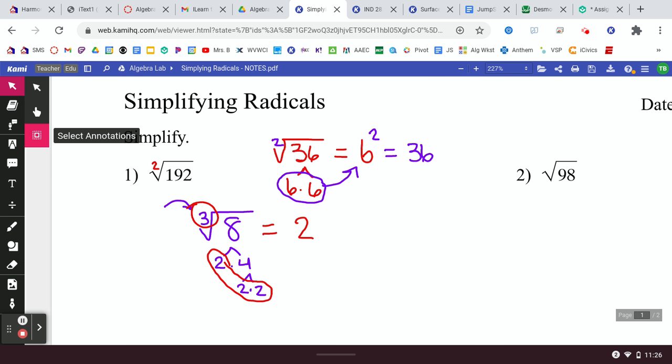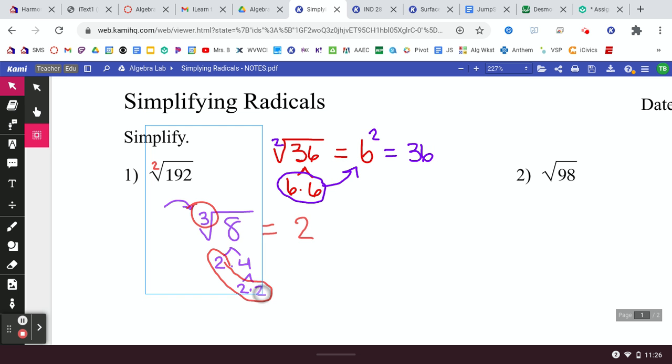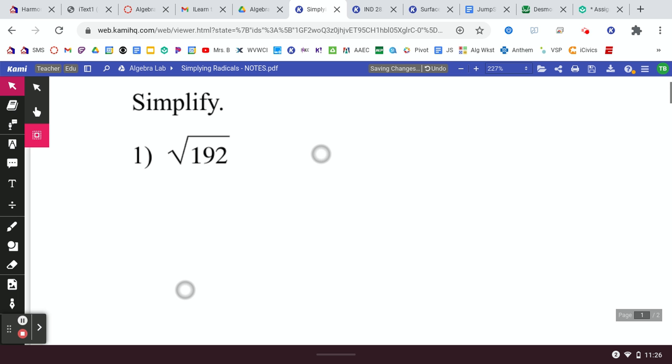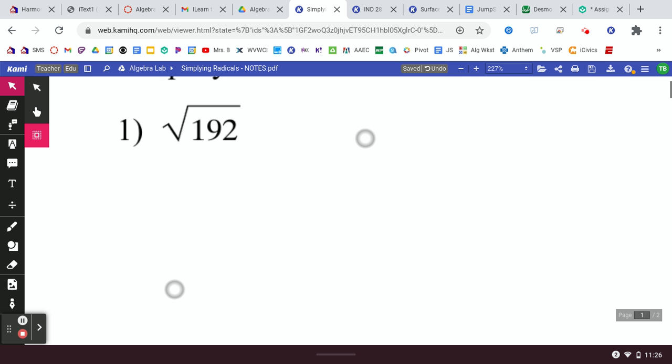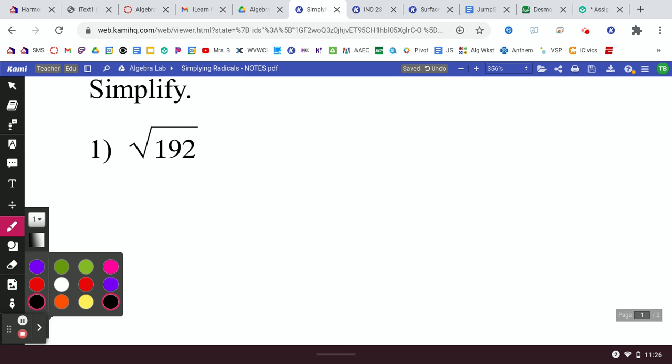So that takes me to a term that I just used, when I said I needed to factor a number in order to decide what I can circle and bring out. So what does that mean? If you have a number underneath a radical, first thing you have to do, and if you're a steps person and you want to write down these steps, that's probably a good idea. Step 1